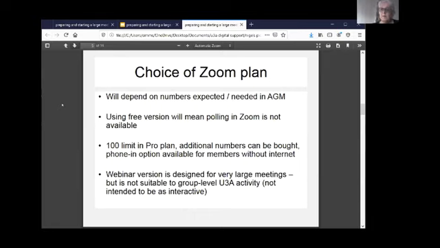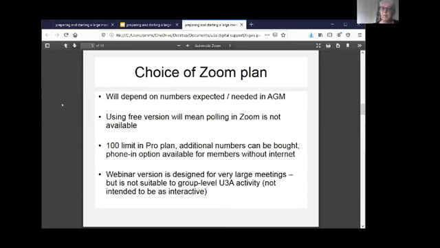When you start to pay for a licensed version of Zoom, the same meeting numbers apply as the free version. You can get 100 people in a standard meeting.